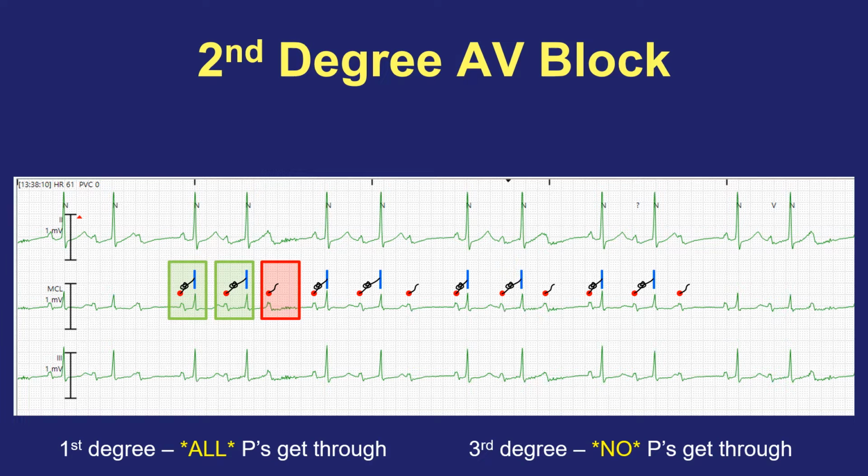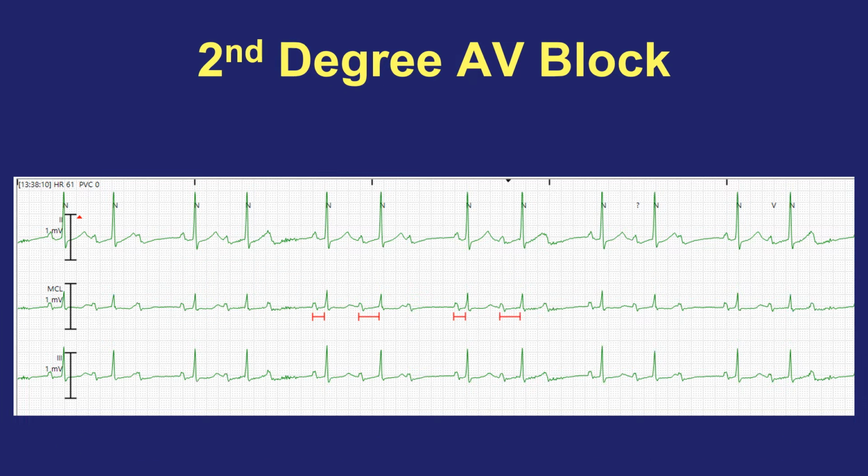The atria are doing one thing, and the P waves march through on their own rhythm, and the QRS complexes separately march through at a totally different and slower rhythm, having absolutely nothing to do with the atrial activity. That's third-degree AV block. So if we further look at the relationship between P waves and QRS complexes here, you